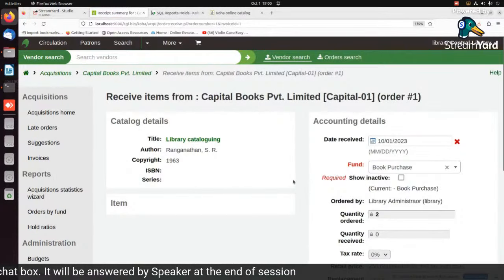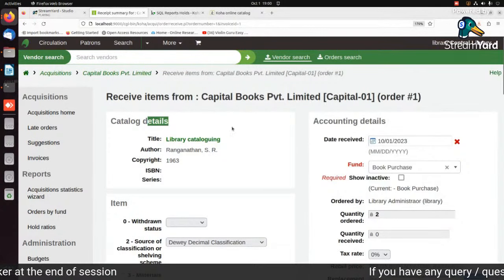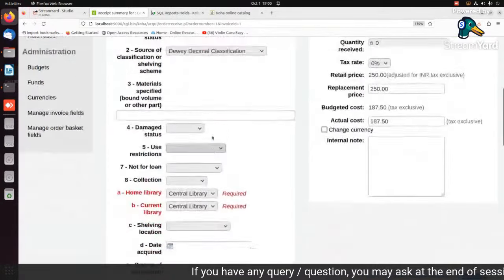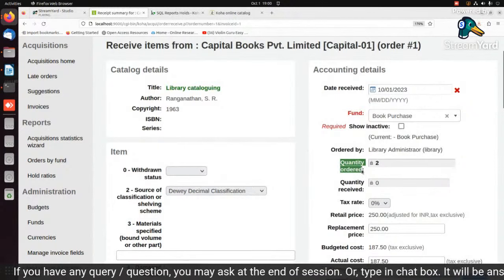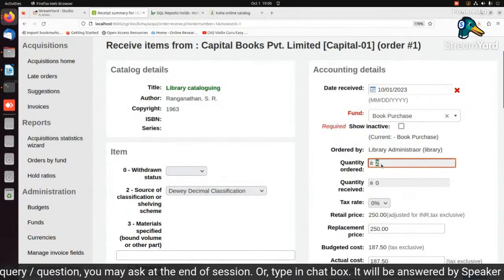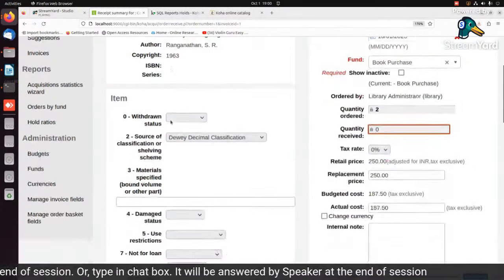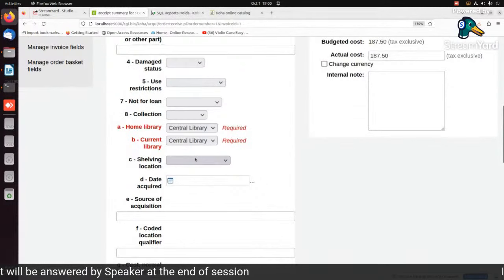So when I click on receive, I am supposed to enter the catalog detail and accounting detail. In catalog detail, you see on the right side I have to receive 2 copies. I ordered 2 copies, so I have to receive 2 copies. In cataloging detail, this is the item detail which I am supposed to fill